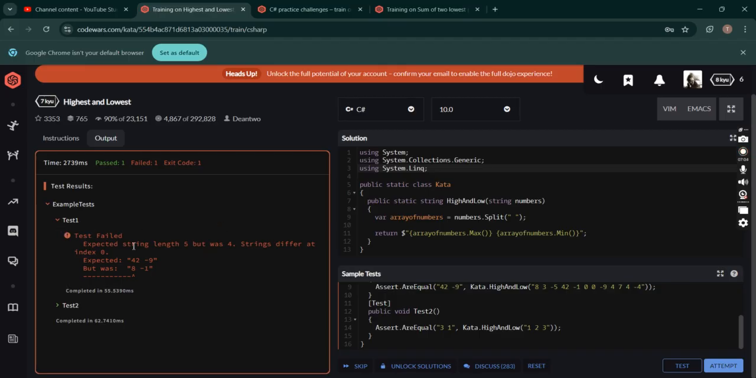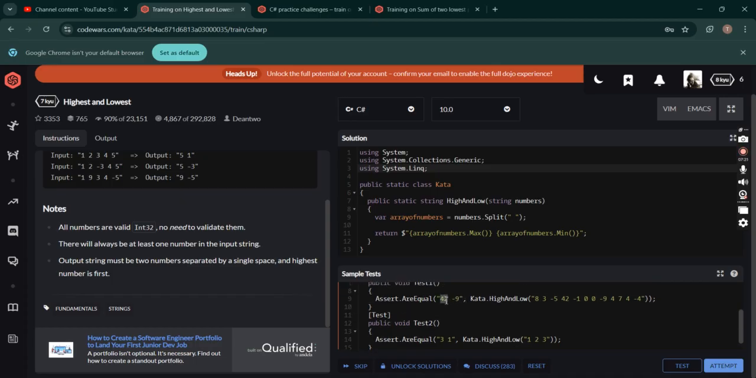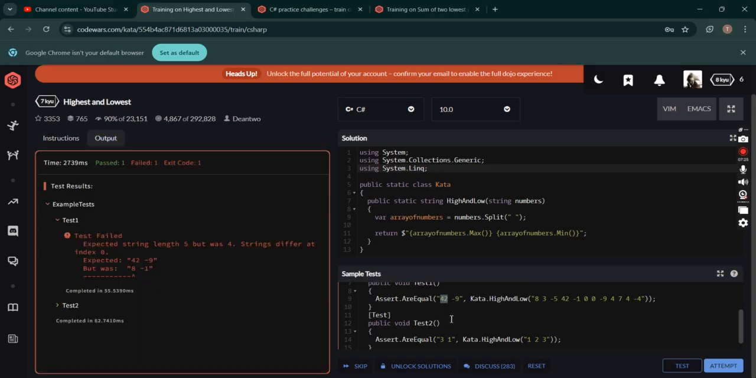All right, now we can see the error. This was the error I was talking about. Expected string length 5 but was 4. If we check the instruction, it's complaining about this. You can see the highest should be 42 and the lowest should be -9, but we are getting 8 and -1. The reason is because